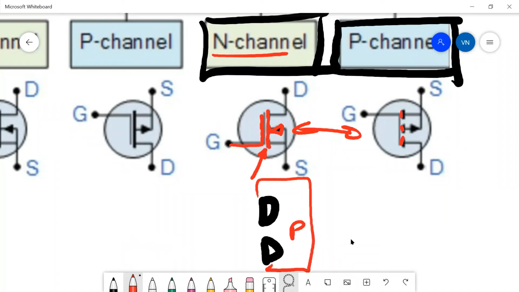So the body diode would be from P. The body diode would normally go from the P type to the N type. So this diode that we draw here, it's pointing towards the gate, and that's how we see it in the schematic. So in the P channel FET, the body of the part is doped as an N-type region, and then